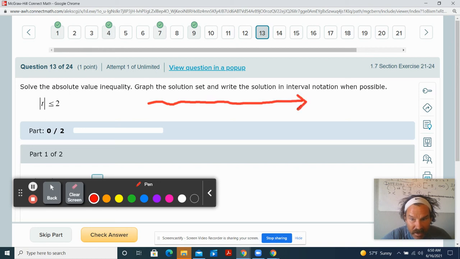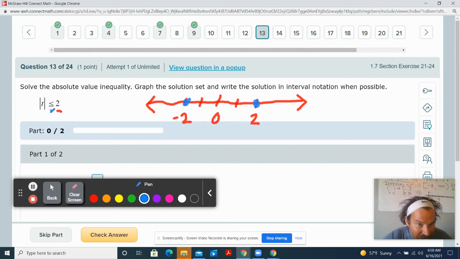Okay, that's supposed to be a straight line, but here's 0. So if you're less than or equal to 2 miles away from 0, well, here's 1 and here's 2. And this is less than or equal to, right? So you could be exactly 2. You could be exactly right there. That's exactly 2,